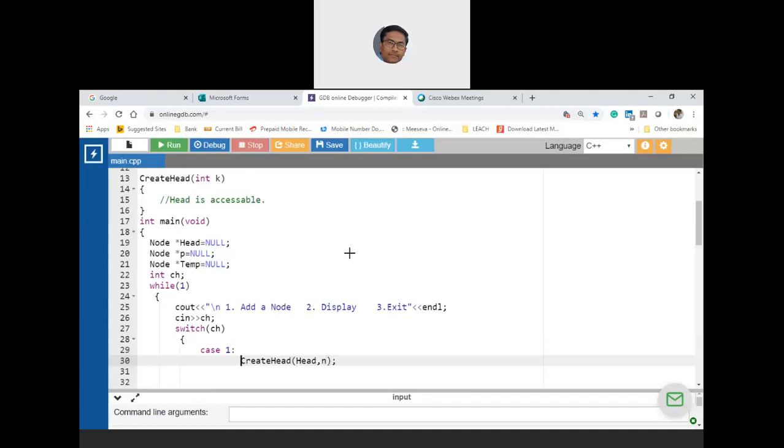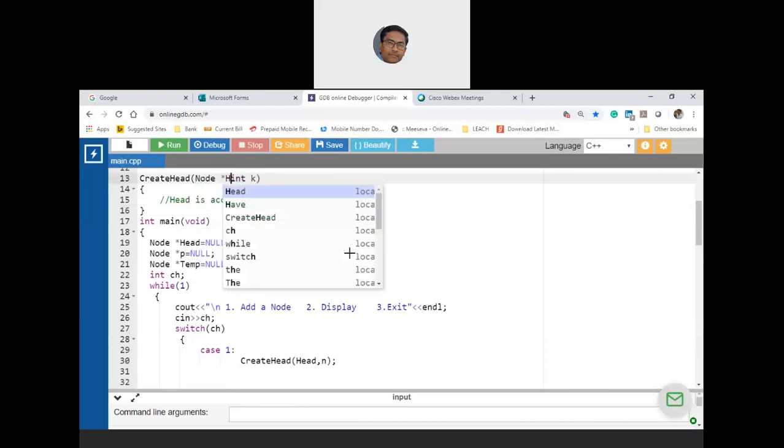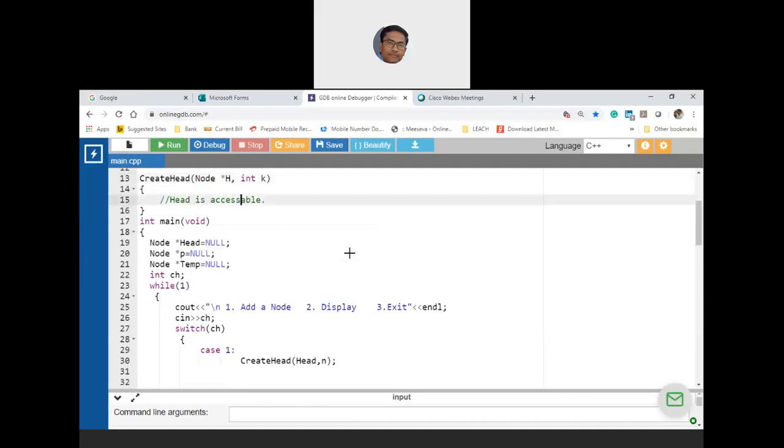Are these two methods clear? Method 2 is to keep a local head and pass it as a parameter. Now what happens to create head here? It will be Node* h, aliased to head. Now head is accessible, aliased by h.